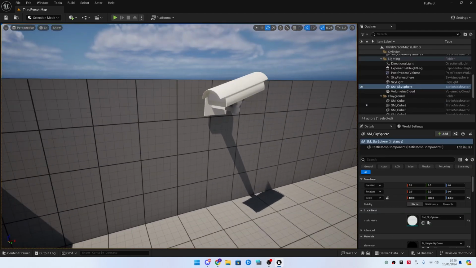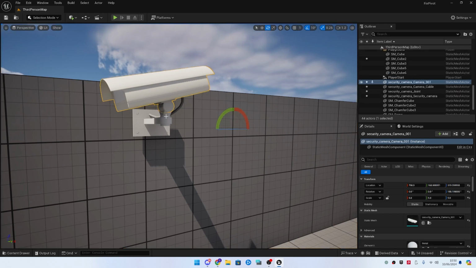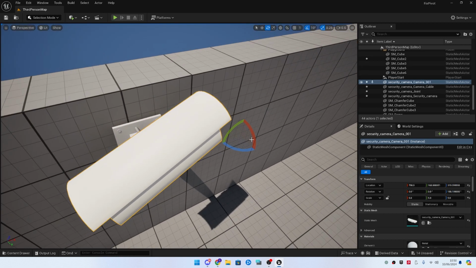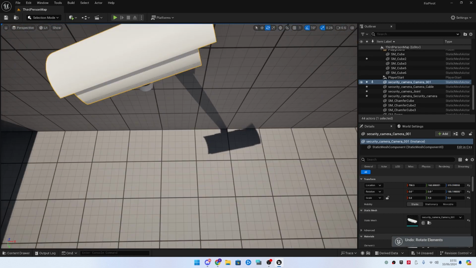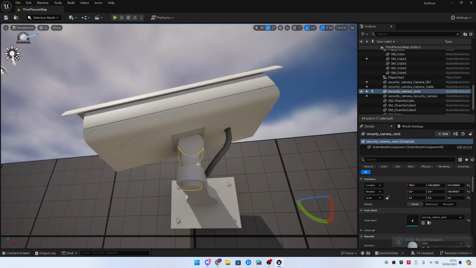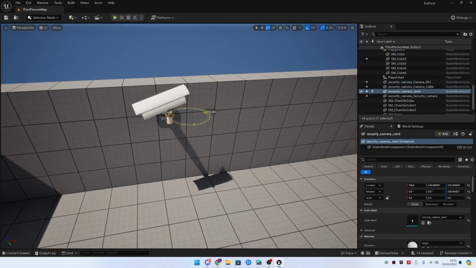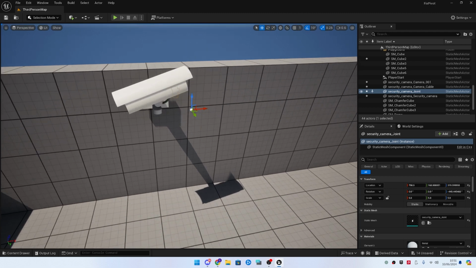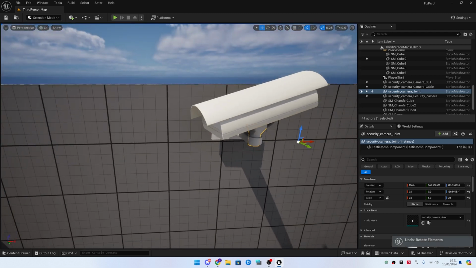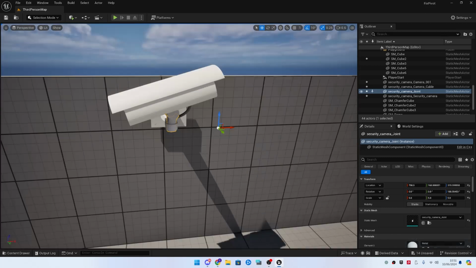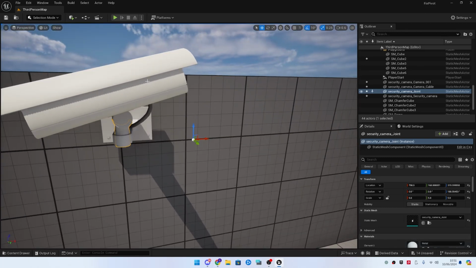So let's get started. As you can see here, I've just brought a static mesh in from Sketchfab, and the pivot point is not centralized, meaning when I rotate it, as you can see, it's rotating around the outside, not from the center. Now the first technique, to do it temporarily, is to hold Alt